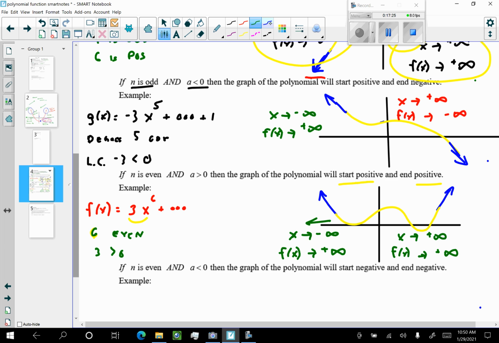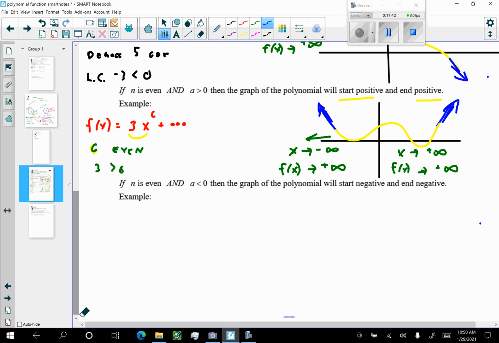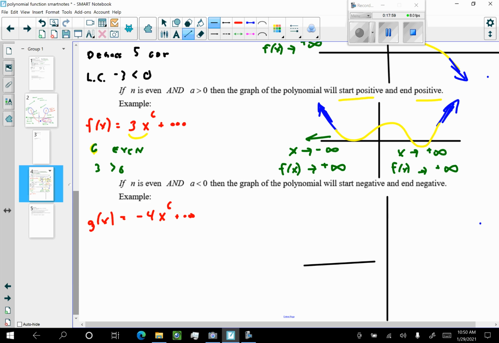I'm starting my graph over here at positive, and end positive. Start positive and end positive. That happens if the degree is even and the leading coefficient is positive. And then the final, there's only one other option here. And the final option is negative 4x to the 6th plus, we don't care. Another x to the 6th. Didn't have to have an x to the 6th, but that's okay. What's going to happen? The graph of the polynomial starts negative and ends